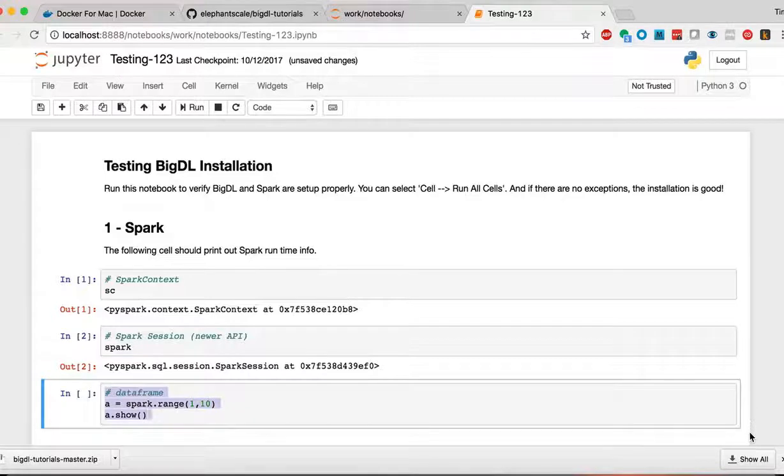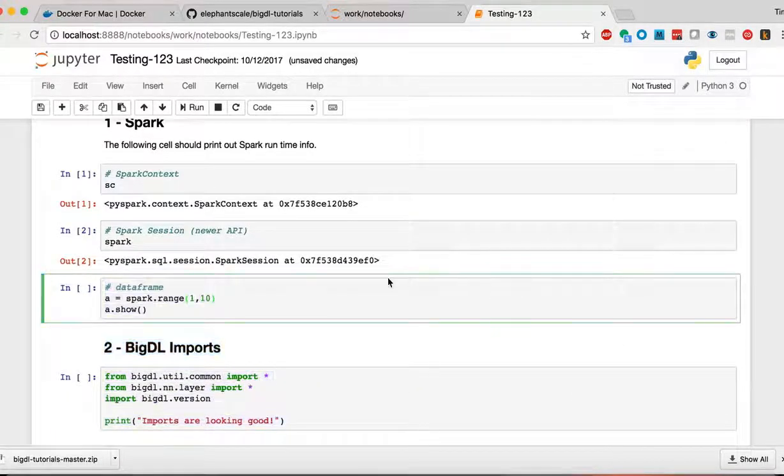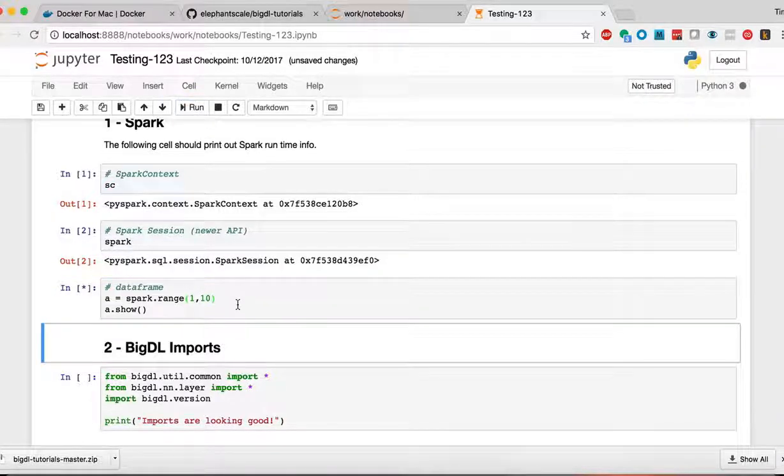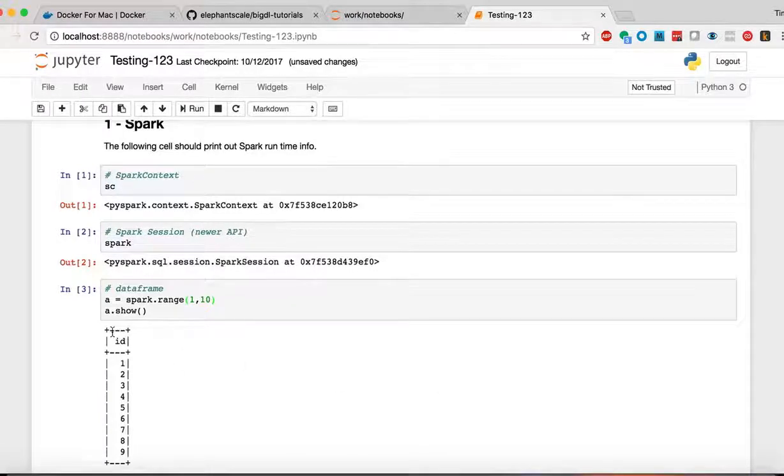Okay, so let's now test creating a data frame in Spark. So I'm going to go ahead and run the Spark. Now notice that this is a Spark data frame, so we're going to require Spark running to actually make this work. And you can see that we're running this, and we should be getting our results shortly. There we go. So you can see here we just created a Spark data frame. Now notice this is different than a Pandas data frame. This is a data frame that is distributed to our cluster. Of course, we're running this inside of a Docker container, which means that we're only running on a single node, but nevertheless, we have this ability to be distributed on a Spark cluster.